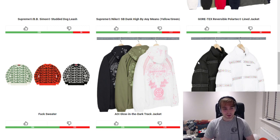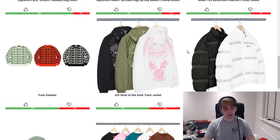Personally, I'd probably just say black colourways, just nice and simple in that. Yeah. We've then got the glow-in-the-dark track jacket. Personally for me, I think this is a really cool concept. I don't know how it's going to look in all of them in the end. I'd love to see some photos